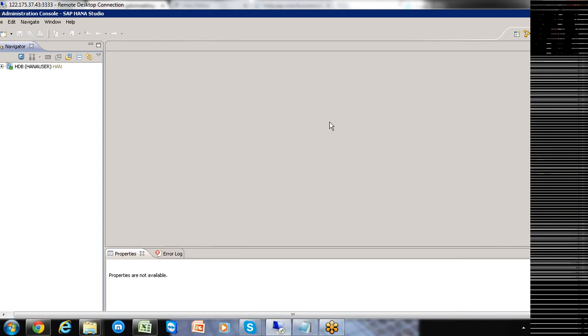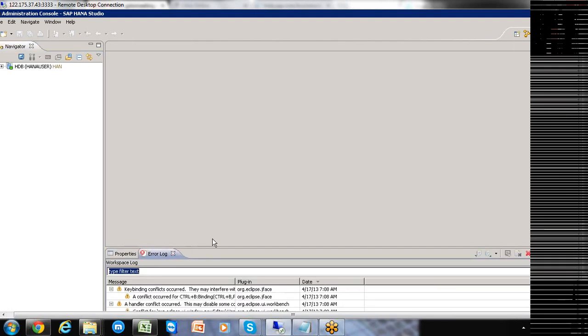Why? Because whenever you are in the admin perspective, you have the option of monitoring the job services that are running on HANA. How the servers are running, whether you want to restart or stop the services or add users, do a backup and recovery, such admin related activities. If you want to do these, you need to go to this particular admin tab.